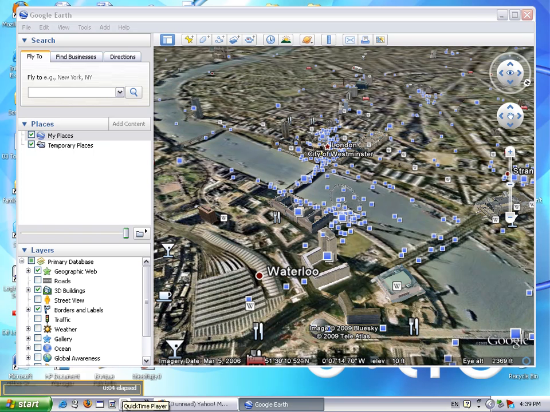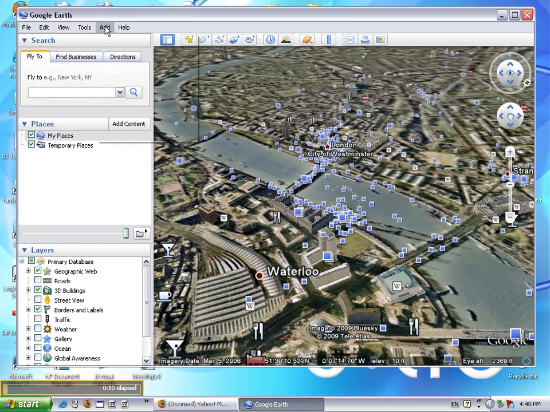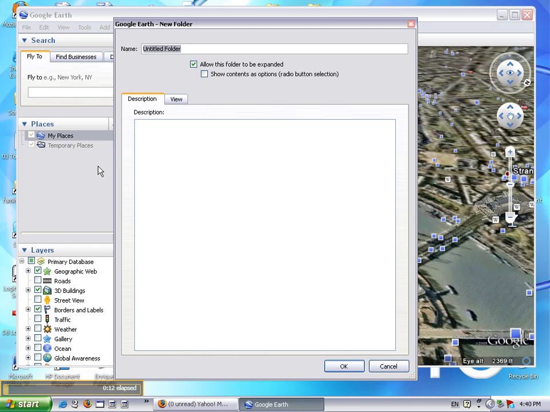In this tutorial, we are going to learn how to add a folder to our tour. The first thing we need to do is click Add Folder. Once you have clicked on the main menu and selected Add and add a folder, you can type in a